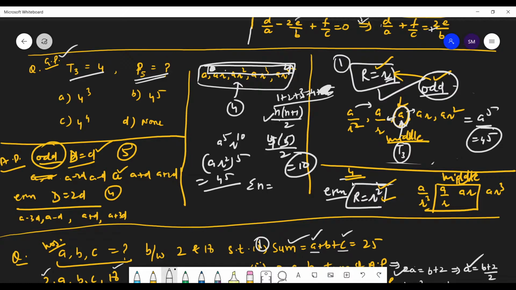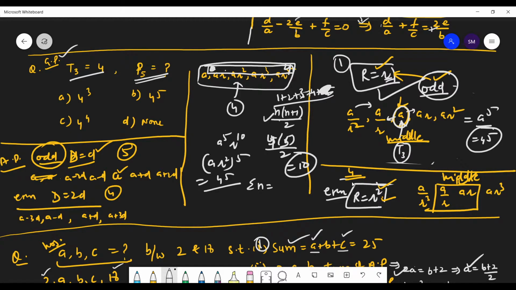So again starting from the middle, but when there are 4 terms, our common ratio will be R squared, and the middle terms will always be A by R and AR, because I need symmetry. Like if you find the median, when you have a middle term, that's simply the median. But here you have to find the mean of these 2 numbers. So it also resembles that somewhat. So your terms will start from the middle, A by R and AR. So this time the common ratio will be R squared, this side and this side.